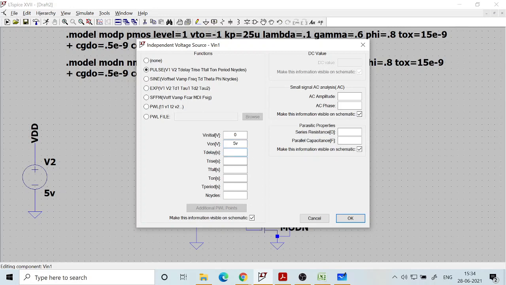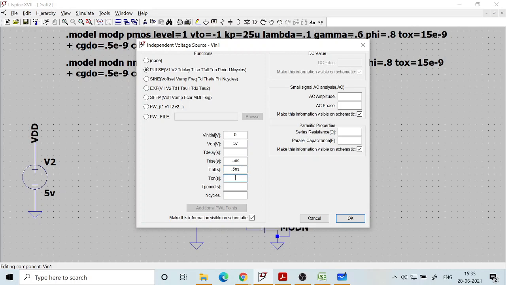Delay means if the waveform is shifted or not. No, we don't want any delay. Rise time. Okay, let's put some rise time, let's say 0.5 nanosecond, and fall time also I'll put 0.5 nanosecond,